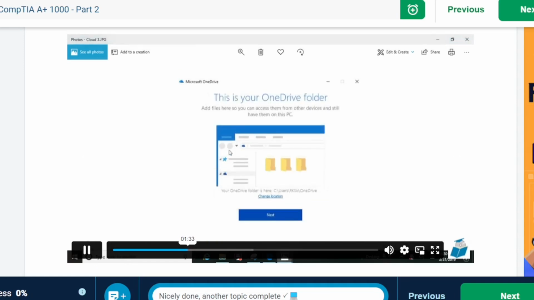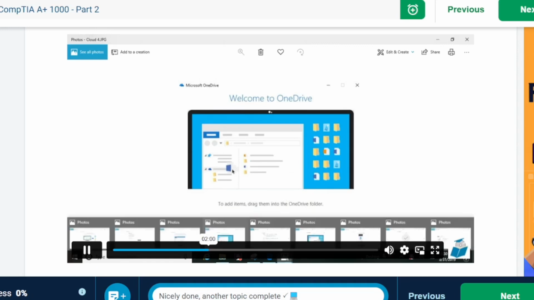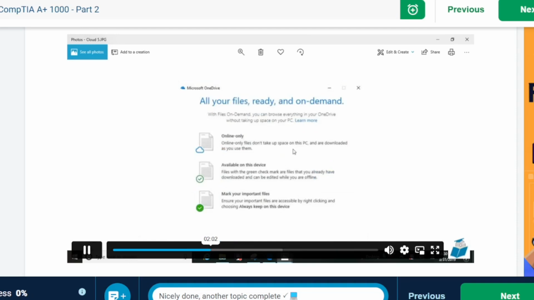Then it takes me to the setup section. So this is my OneDrive folder. It's going to show me where these will actually be on the computer and lets me know a little bit of information. So it's actually putting it on my hard drive in a users folder called RK6 and then my OneDrive folder. From there, it says welcome to OneDrive, and it lets me have a little bit of information and shows you some video tutorials on actually how you use the products available. Tells me about the ability to have all of my files online, available on this device and other devices. So I have a little bit of setup options that I can use.